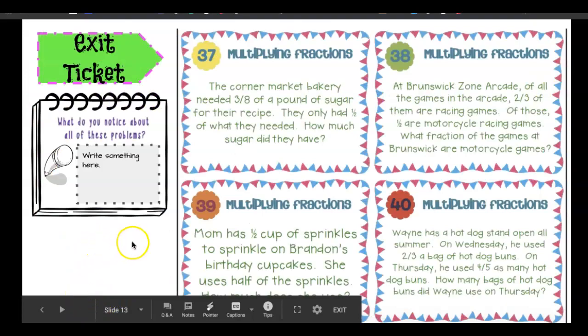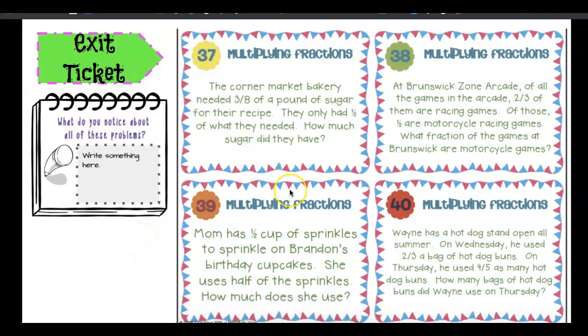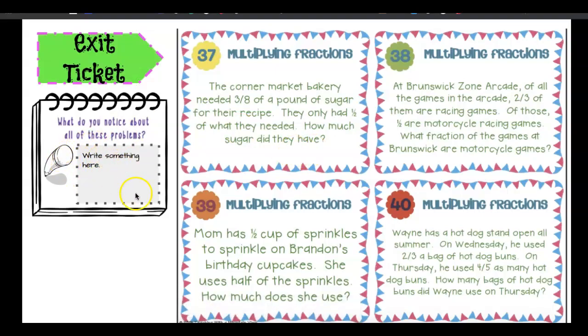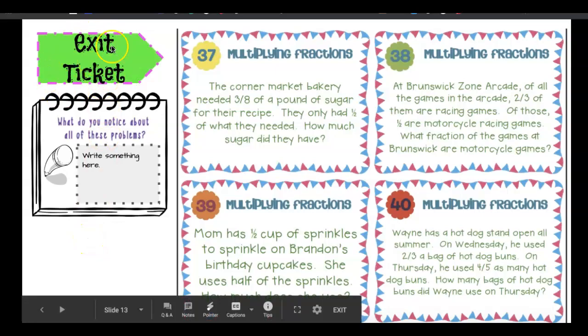And then I have some exit tickets for you to do. Apparently I didn't give you a way to answer those. So let me figure, oh, and then you have something to answer here. So on your exit ticket here, I'll put in a Google form so you can just put your answers in. And so you just have these 4 problems to answer, and then you need to write something in here. So that's your exit ticket for today. So you'll click on this exit ticket here to go to the Google form. I just don't have it made yet, but I